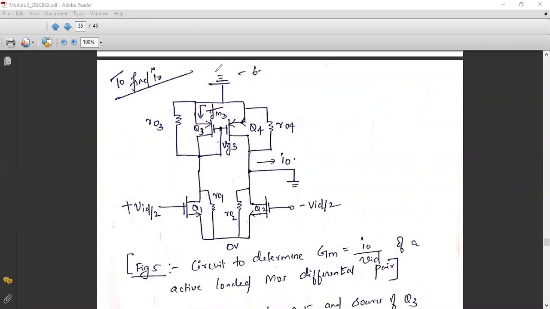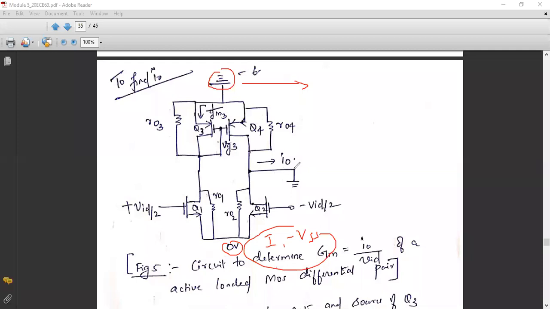The source terminal should be connected to the ground because this is small signal analysis. So we need to replace the constant voltage source and current source with ground. Here I will connect ground. And here, normally in the original circuit, we used to have the current source, capital I, and minus VSS. So these two terminals we need to deactivate. And also the respective drain terminals of Q4 and Q2, we should ground.